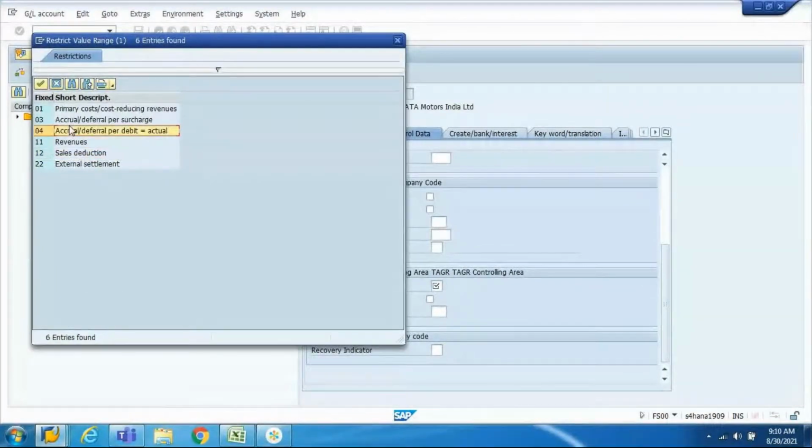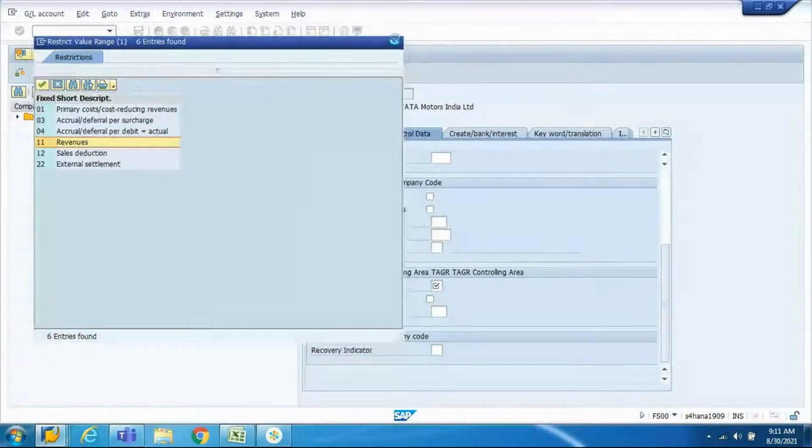Don't tell the sequence 1, 2, 3, 4, 5, 6, 7, 8, because these are not in sequence. So either you write them down somewhere or remember only 1, 11, 12. Clear? At least 1 and 11 you must remember. 1 is used for expense related cost elements. 11 is used for income related cost elements.